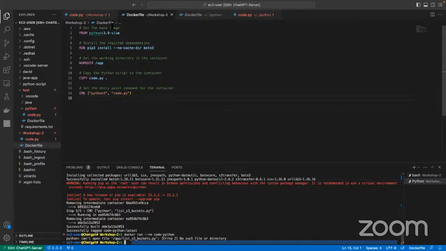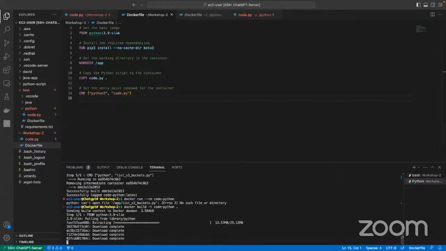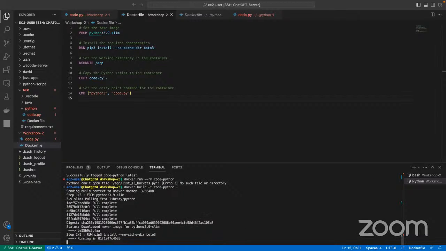Okay, so before doing this one, I should be running the command again to build my application here, but I have given the code Python in it. So it's going to be created according to my newly created Dockerfile. Okay.